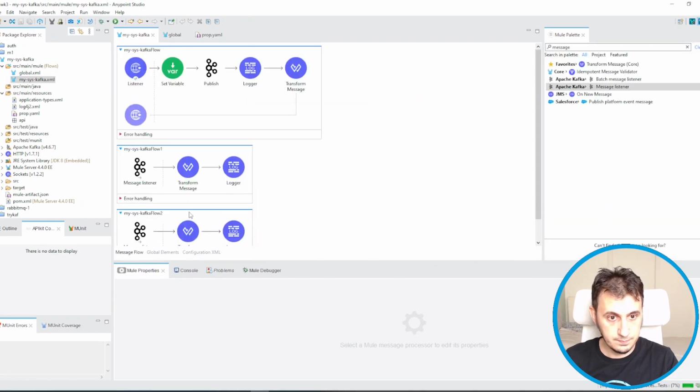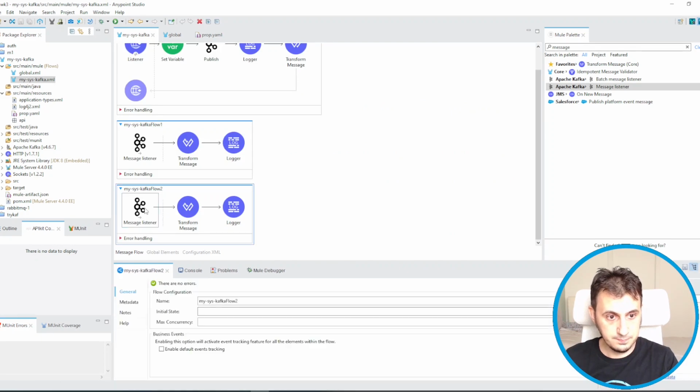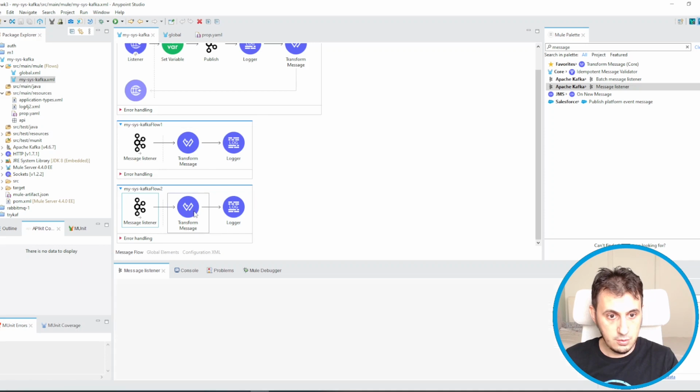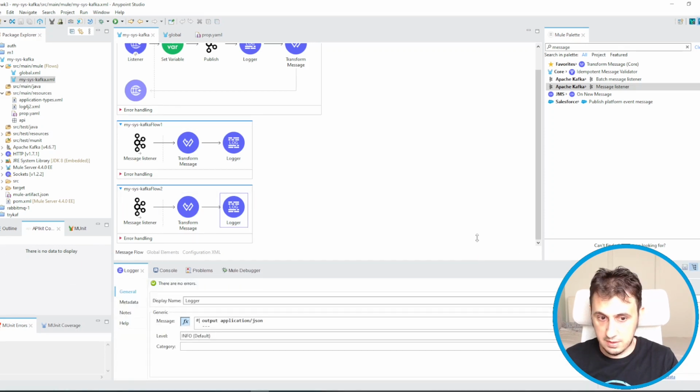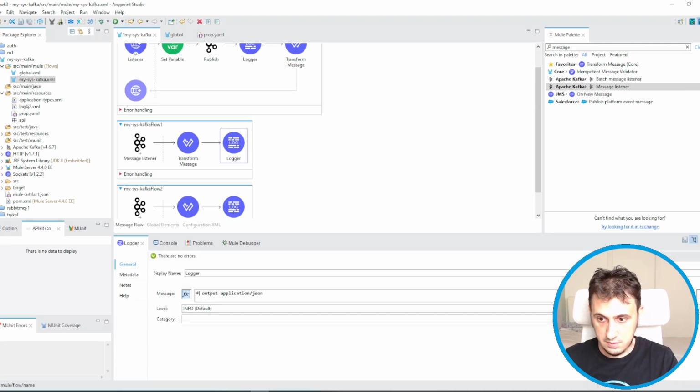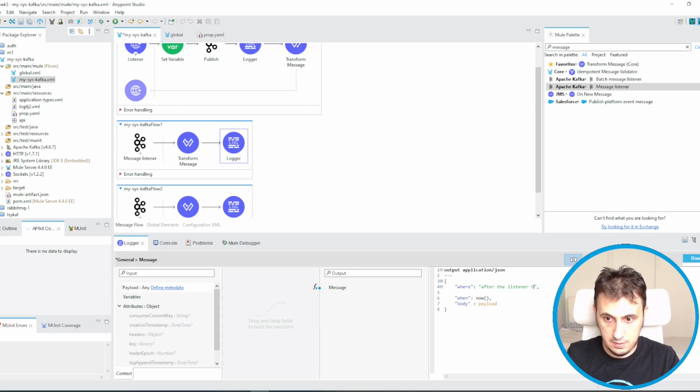It's simple. Transform. Maybe I set a different log in order to understand if it's the first one or the second one. After the listener, this is the number 2, and this is the number 1.